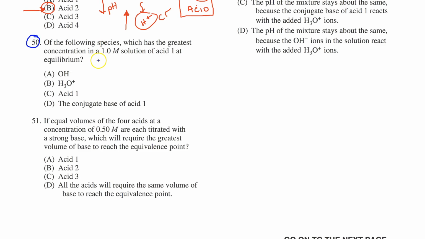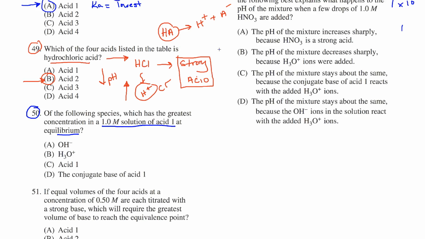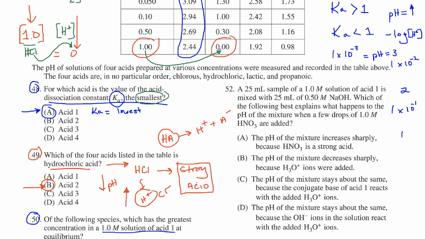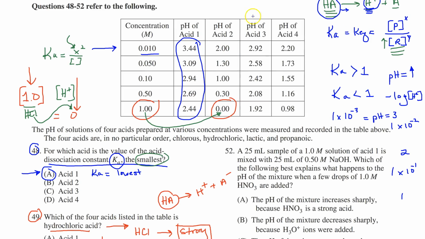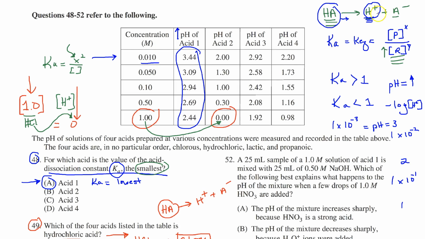Of the following species, which has the greatest concentration in a 1 molar solution of acid 1 at equilibrium? Well, as we have said and solved for in other questions, acid 1 is a weak acid. And if we don't know that, we should understand why. It has the highest pH of any of the acids for any concentration. As I explained before, having a high pH means you have the least amount of H pluses, which means you have an acid that barely dissociates, which means most of your beaker sitting with a weak acid has the acid